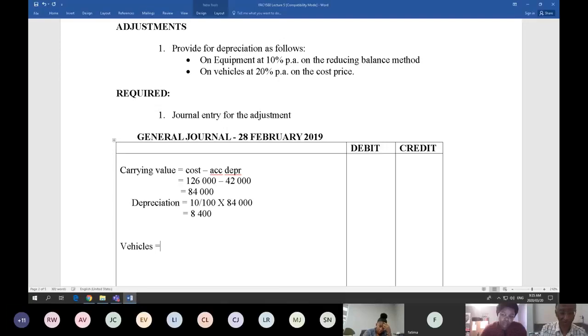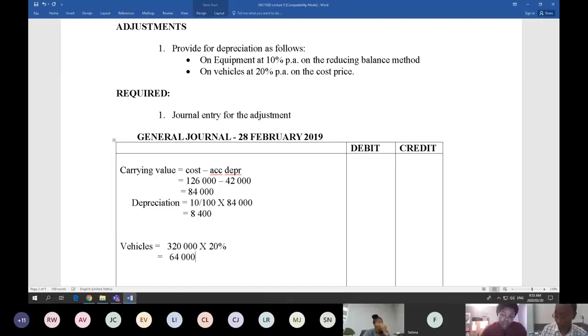So what you do with the vehicles is that you go to the cost price of the vehicle, and the cost price of the vehicle is 320,000 Rand. You take the 20% of that amount, and that will give you depreciation for the year. Take the 320,000. Take your 20% on that, and that will give you depreciation of